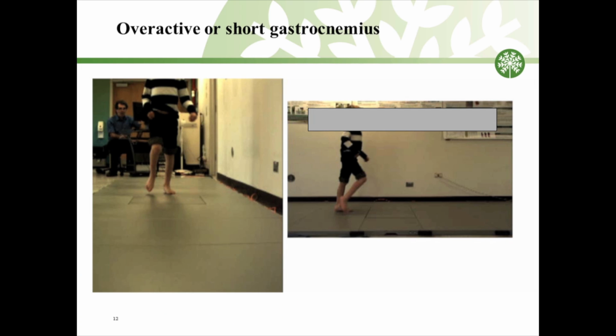So this patient definitely exhibits some limited gastroc length. I just want to use him as an example because he's